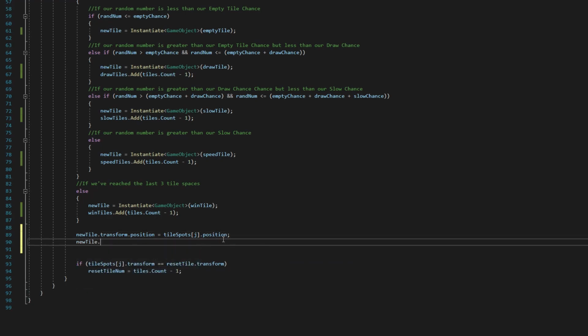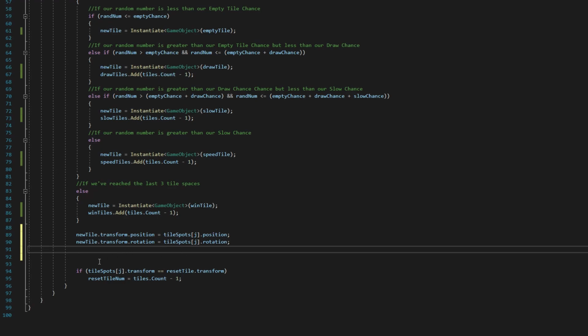We're going to do the same thing for our rotation. So transform.rotation equals tileSpots[j].rotation. And that's the reason that we're able to rotate those branches and have our tiles go uphill and do all that cool stuff. It's because we're matching our rotation there. And then finally, we're going to say new